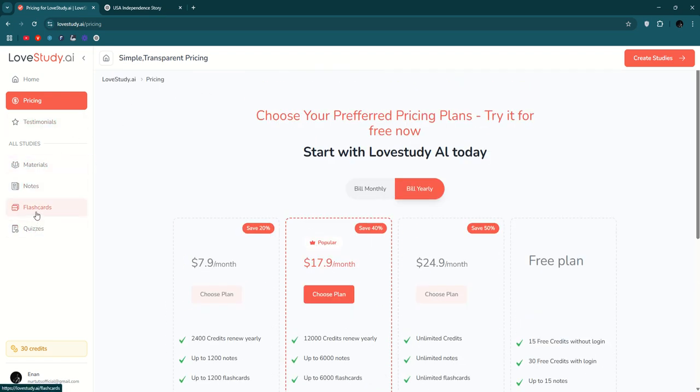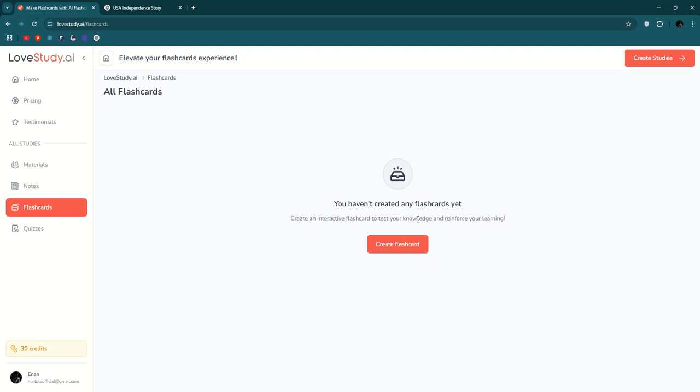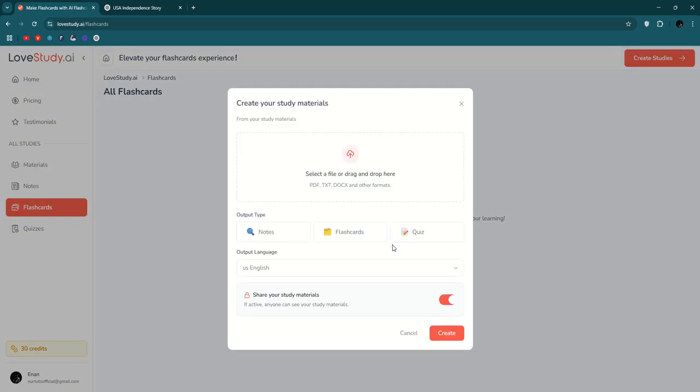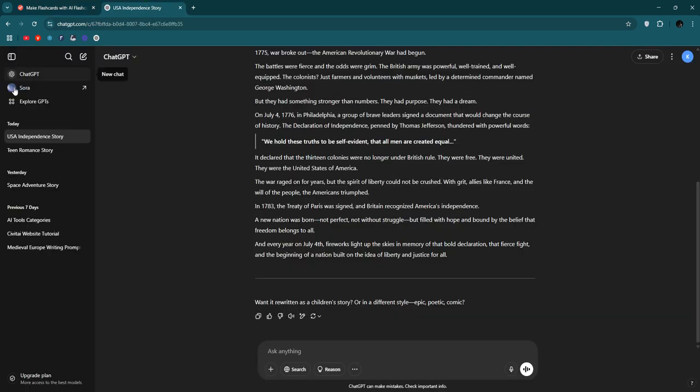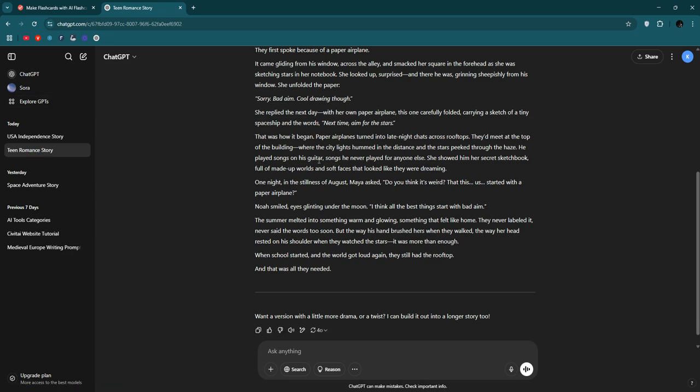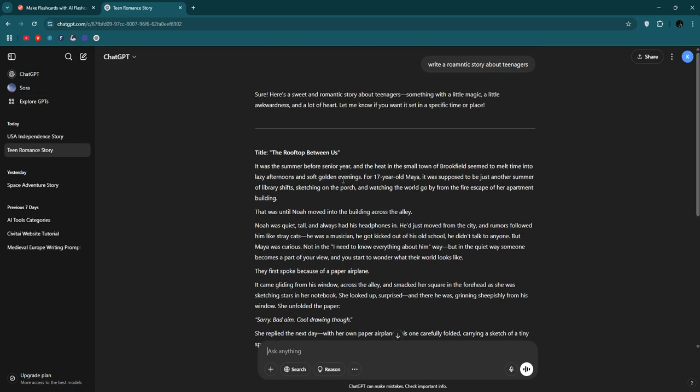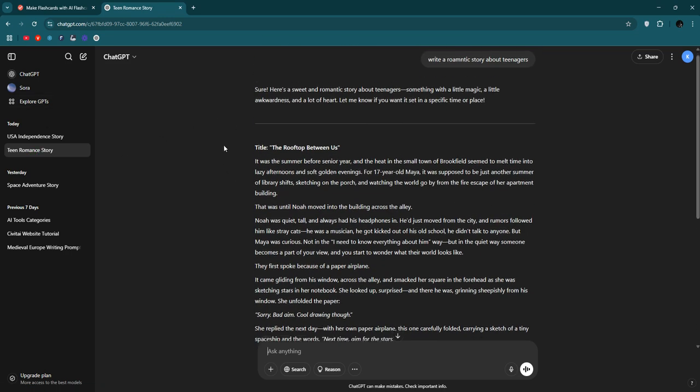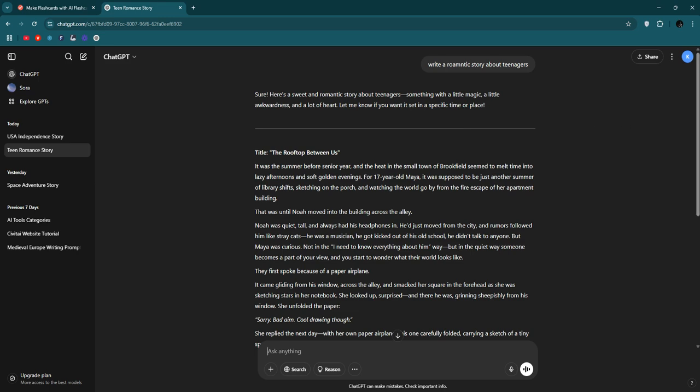And okay, I'm just going to click flashcards, then create flashcard. I don't have any material, so that's why I'm just going to take help from ChatGPT. For example, I created something here you can create, so I just copy it. I just copy this one